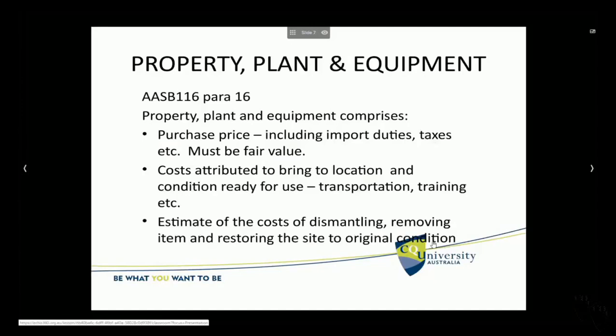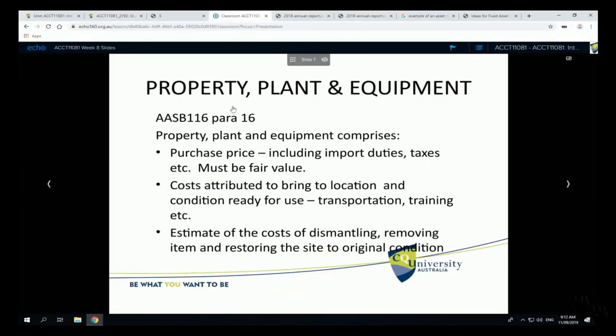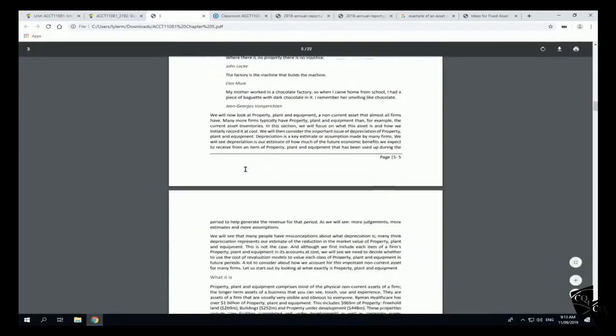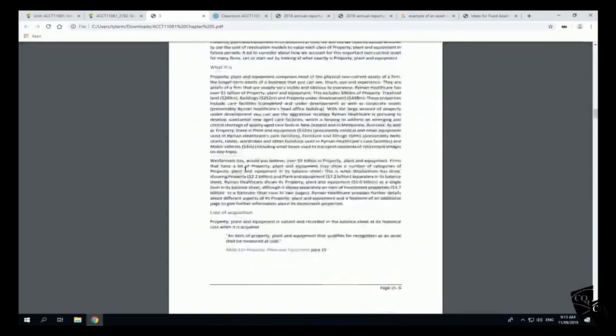Okay, so the accounting standard that covers property, plant and equipment is AASB 116. Now in paragraph 16, rather than read it out on my slide, I'm going to go to the study guide because I'd like you to refer back to this. And you can actually go and read the standard itself. Remember, aasb.gov.au, table of standards, and scroll down till you see AASB 116. So in the study guide, Martin has written